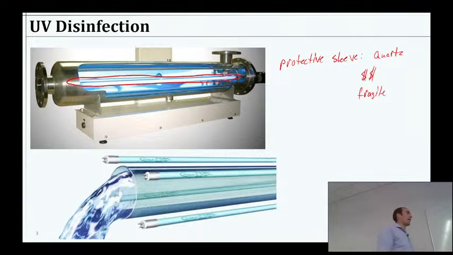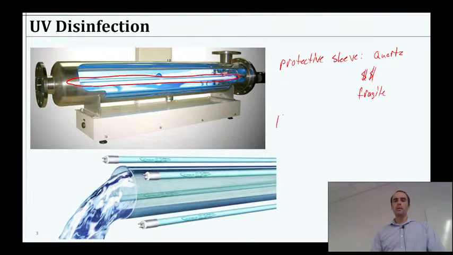So then you have to take this out and clean off that surface in order to let the light pass through it again. And you have to do that in a way that is very careful and hopefully doesn't break the quartz. But you also have to scrape it. So it's a pretty big challenge to UV treatment generally. Of course, there are some innovations. There are a couple plastics that are not fully transparent, but they're close enough. And there are some innovations with some new light sources we'll talk a lot more about next time.